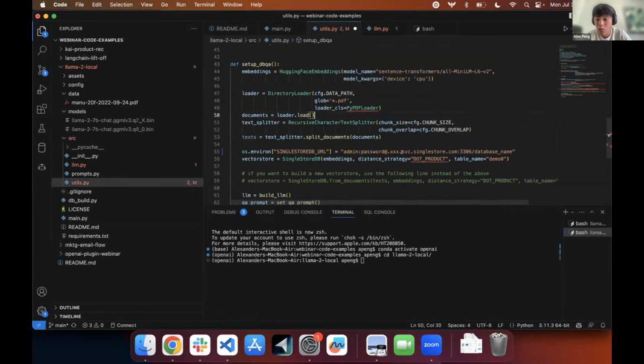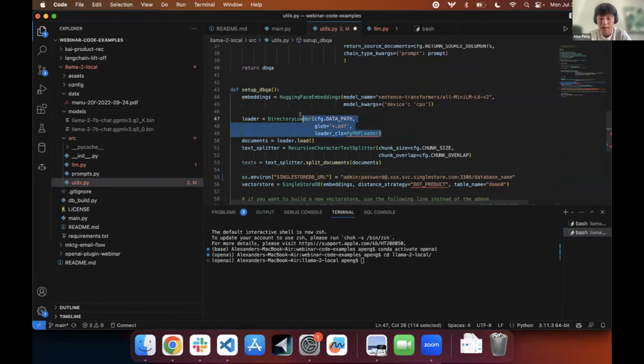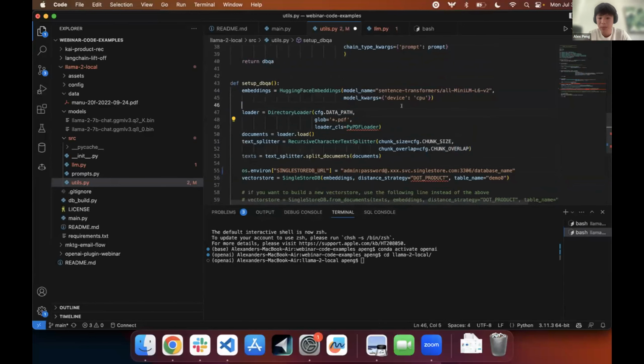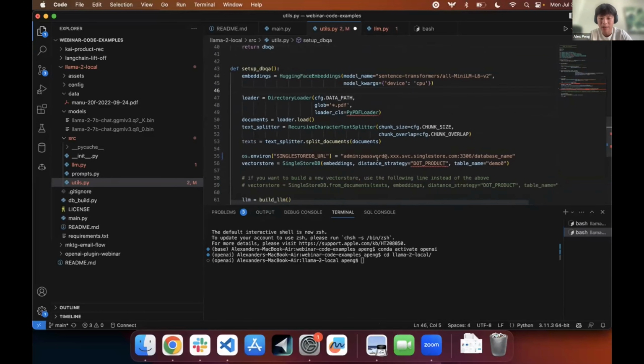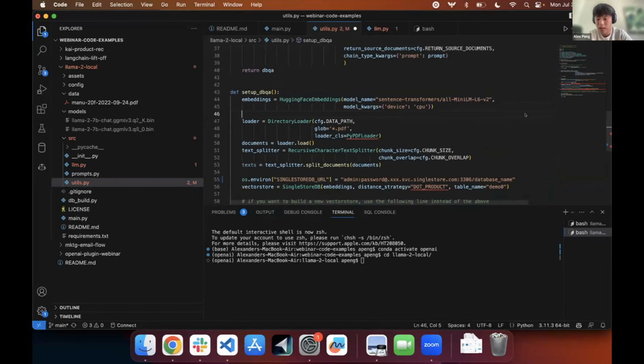In the code, we actually use LangChain to load in the PDF in question, the SEC filing. Then we split it up into chunks, which you can define. But in this case, I think the default is like 1,000 characters or something like that. Once those chunks are split up, you're going to use an embedding model. In this case, we're using all-MiniLM-L6-v2 from the Sentence Transformers paper